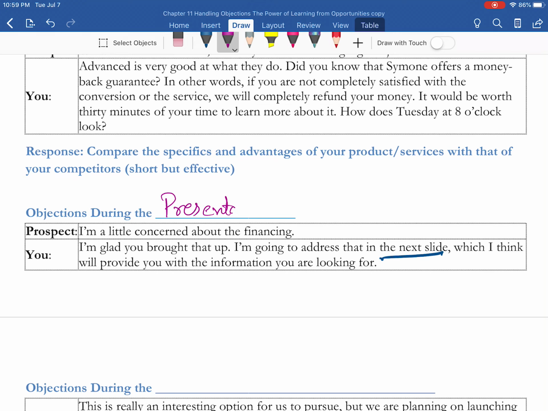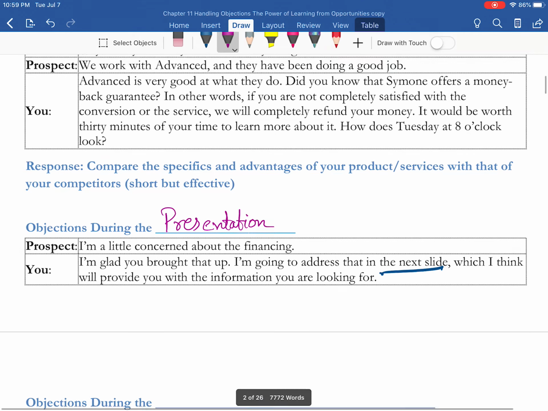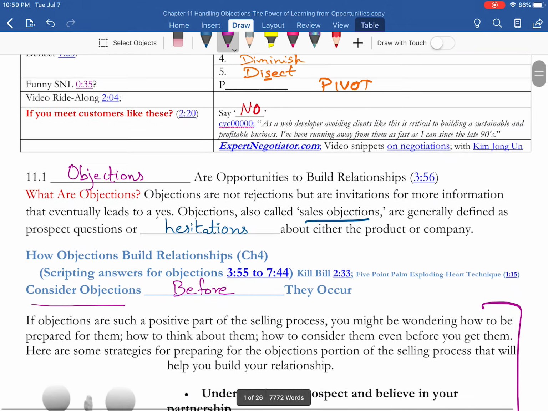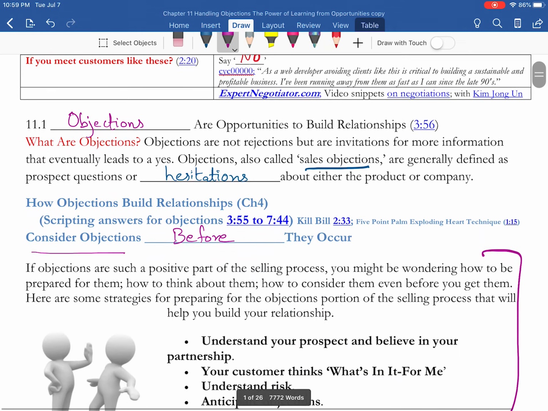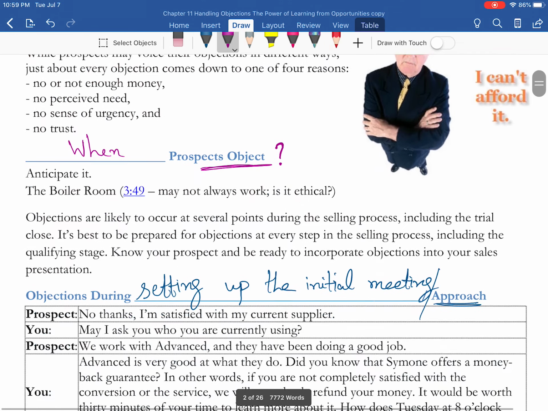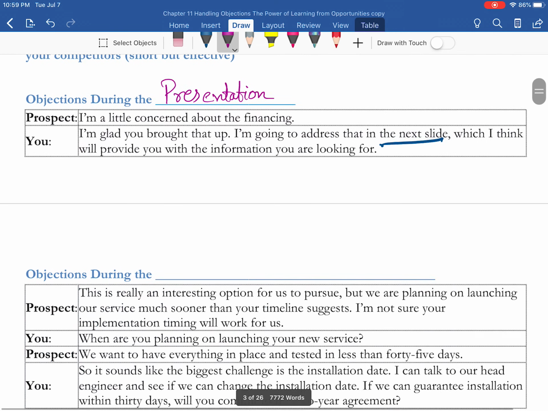So you are sitting or standing in front of a group of potential customers from that particular company, and they are worried about financing, how they are going to pay for this $1 million product. And now you have it in your slide because you anticipated it. You remember that's one of the first things that you have to do. You have to anticipate and be prepared so that you will be able to address it directly. So that's the major thing.